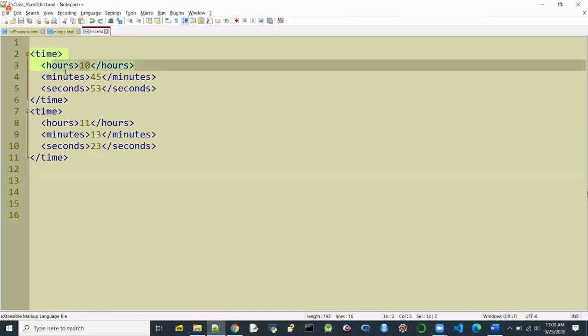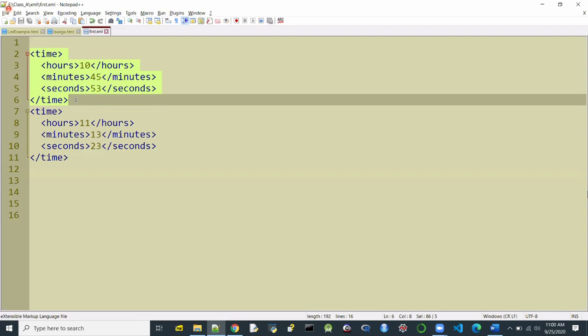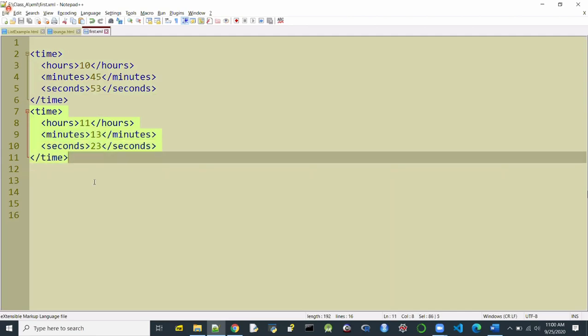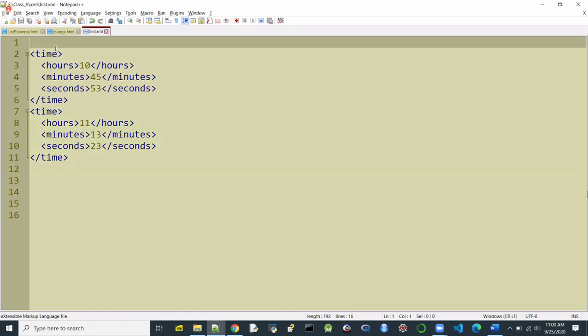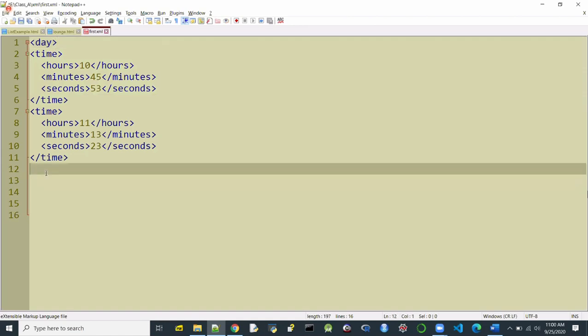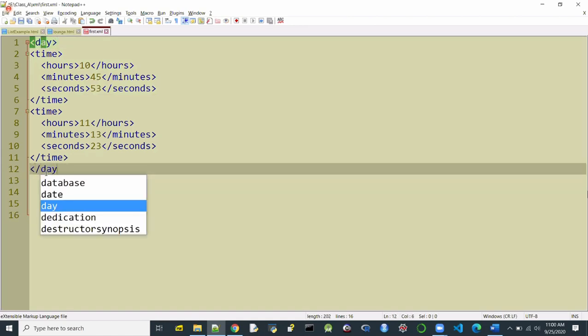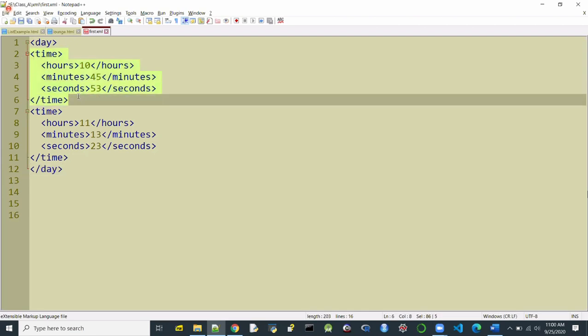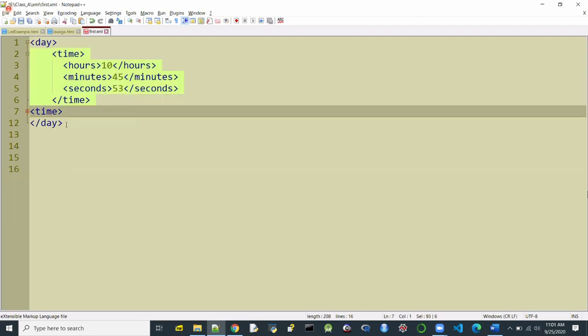So right now, there is no root element because this particular structure, the one I am highlighting, and this particular structure are structurally adjacent to each other. They are at the same level, and therefore it is complaining that there is no particular root element. Even though not in those words, it is actually looking for a root element, a singular enclosing element for all the other elements. So what I do is I simply put a root element over here, and then I close this particular root element, and then I just indent these things here.